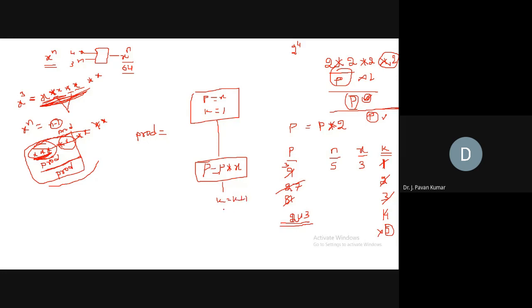Then we will check whether K value is going beyond the limit. What is the limit for K? N minus 1. So if it is within the limit, that means if K is less than or equal to N minus 1, then we should repeat. What we have to repeat? This we have to repeat. Otherwise, we will display just the product, that is P, and end here. Got it? This is the flowchart. X power N, we are multiplying this X with itself. Clear?